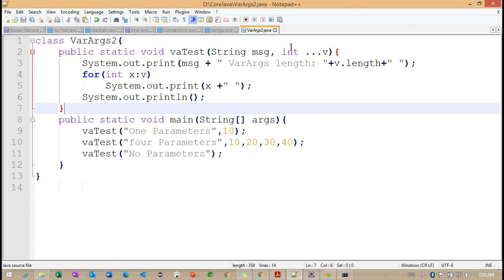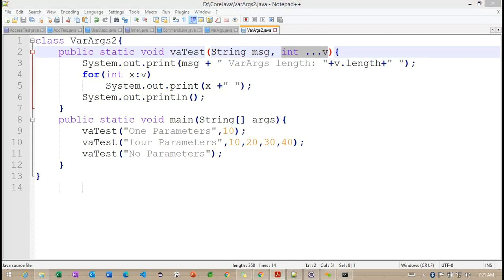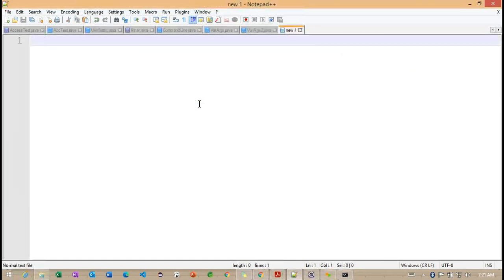Like I'm trying to check with the integer method, but anyway, the same method is going to call this particular VA test with string parameters. Getting the point? Whenever we have different parameters here, we can define like this, and based on these parameters we can work with our var concept here. And now I'm going to write one more example on overloading var methods. So how can we check with overloading var methods here?